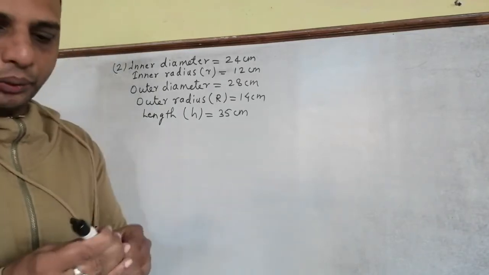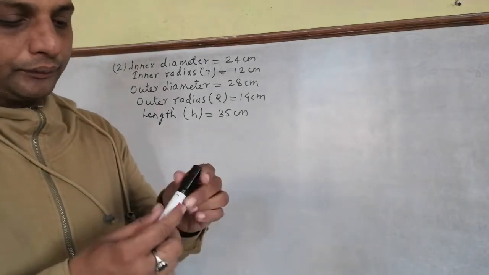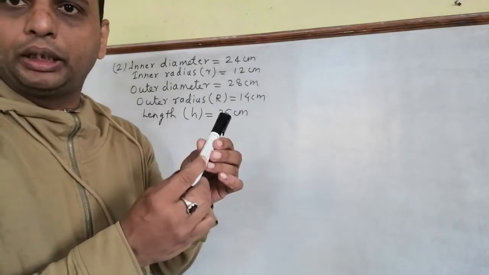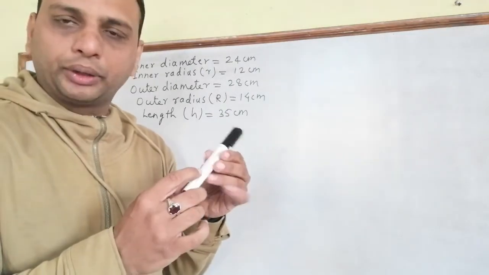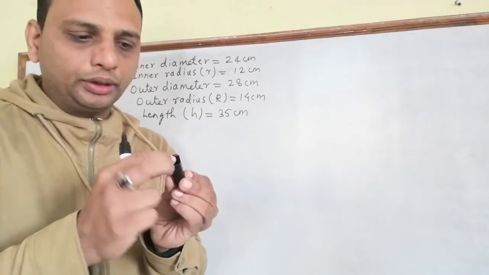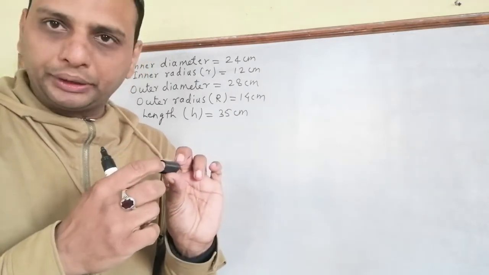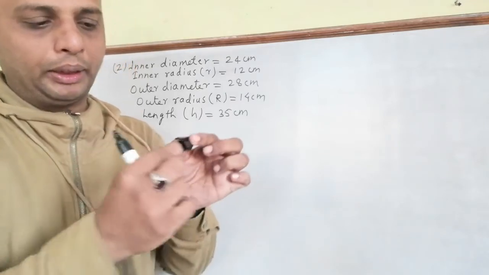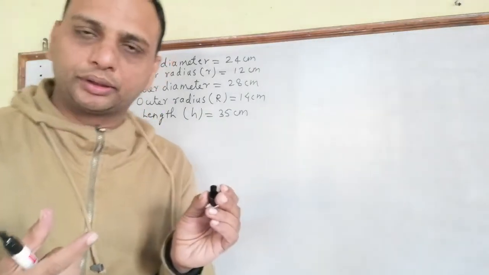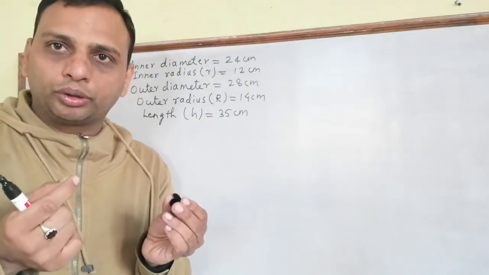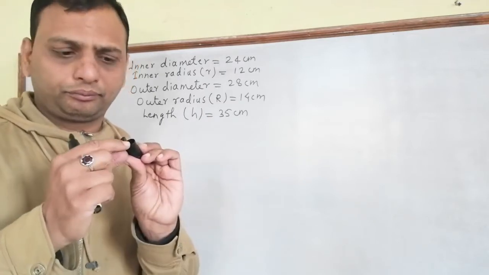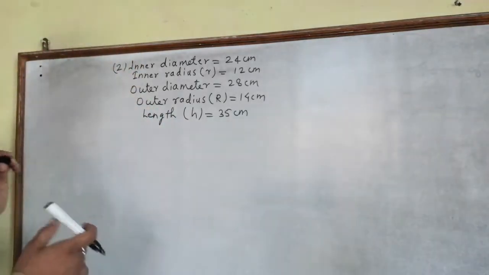Now you can understand this question. Suppose this is a slender part, made up of, suppose, plastic, and we have to calculate its mass. So what we'll do is find the outer volume, then find the inner volume, then outer minus inner part. We'll get this plastic part. In the same way, here is also one pipe made up of metal. We have to find the volume of the metal, so the outer part is separated from the inner part and we get the volume of the metal. That is what I am going to do.